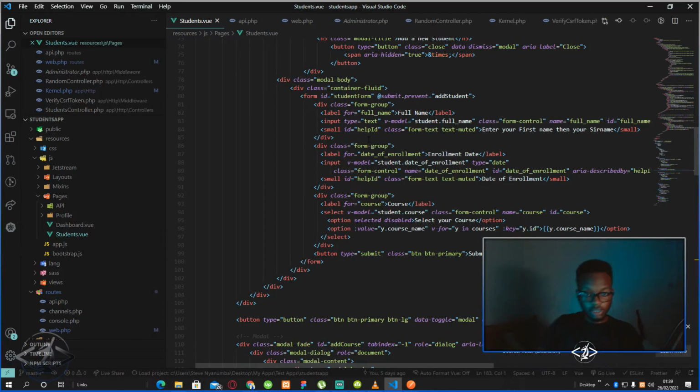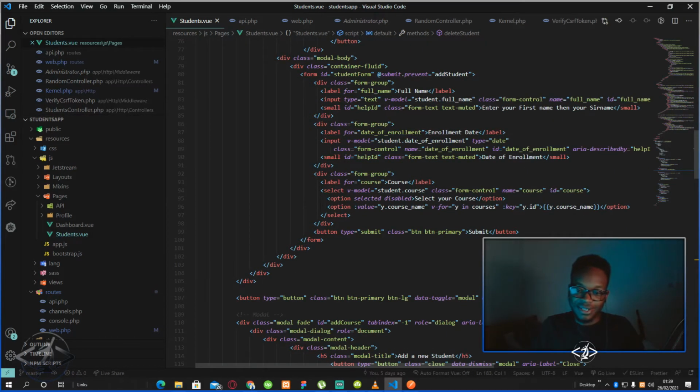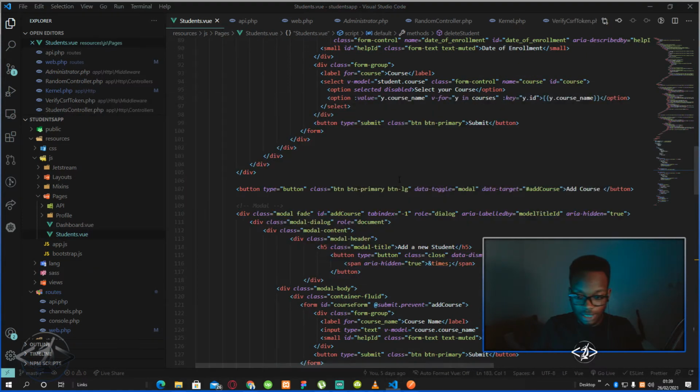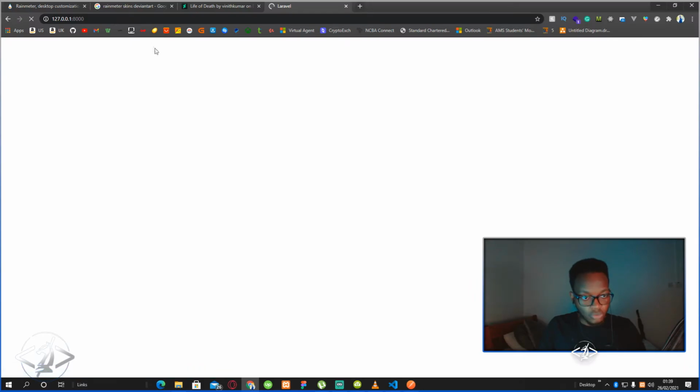So essentially this is the model body and this is the form that is used to fill in for adding a new item into the database, adding a new student. If we go ahead and simulate that, let me actually do that.